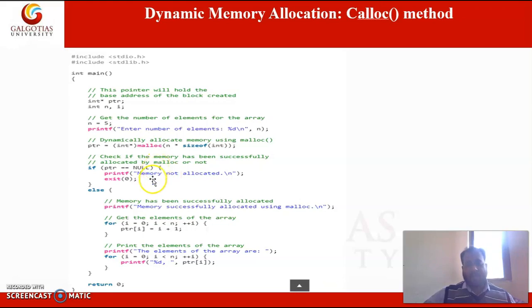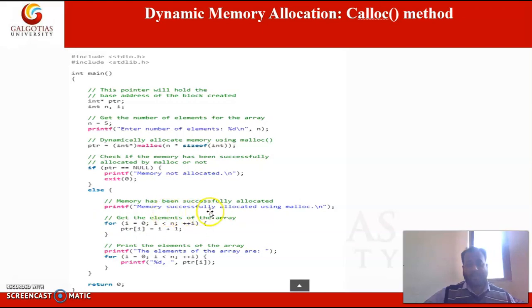Then we cannot do any operation or initialization on the variable. So this check is written for that. But if it has returned some value, it means memory is allocated successfully, and in that case, in the else statement we